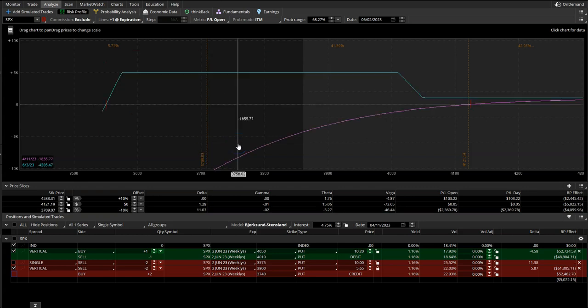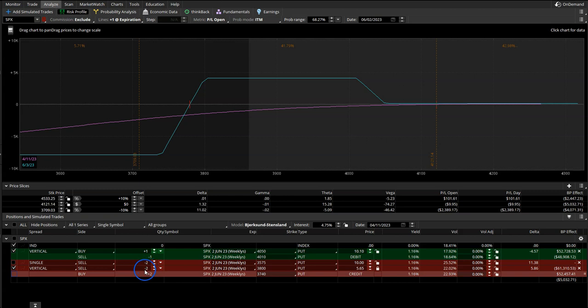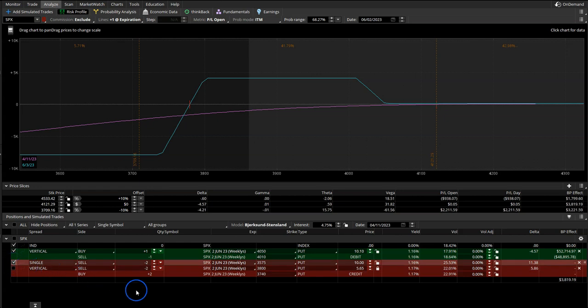So at 3,780, we were showing a loss of about $1,600 or $1,700 using the put credit spread, right? So down here at 3,780, we're showing a loss of about $1,650 or so. Now, if we look at using the naked puts at